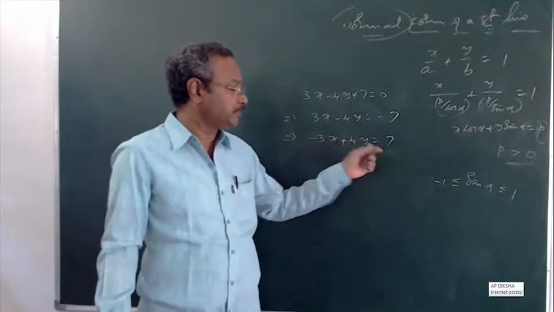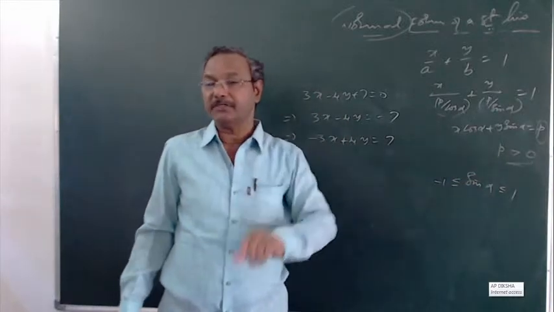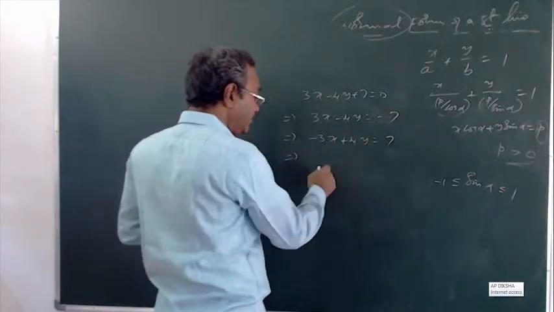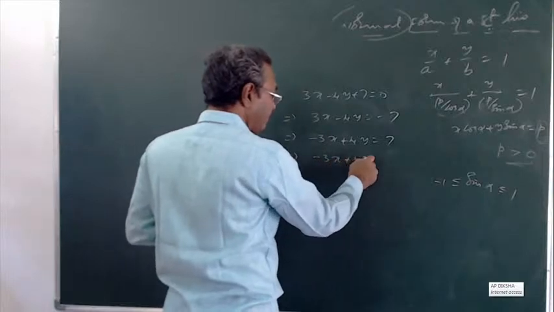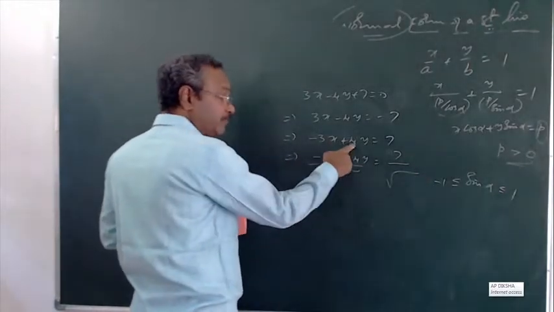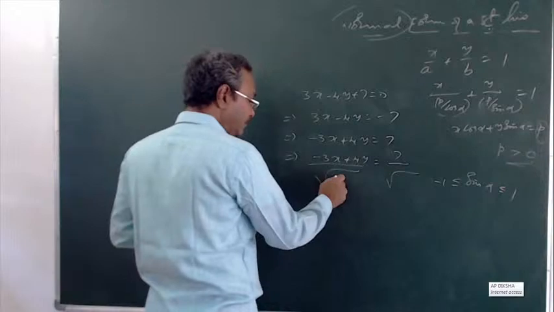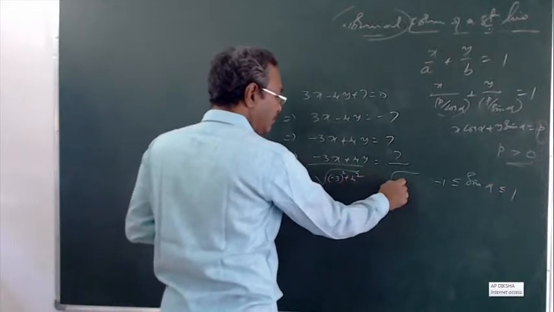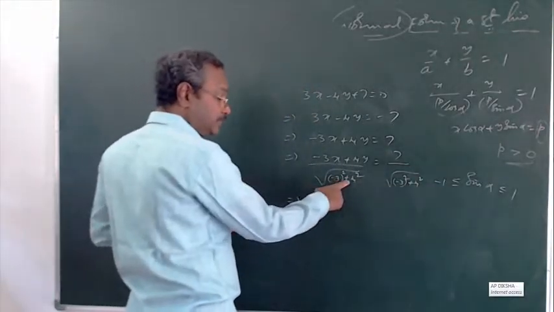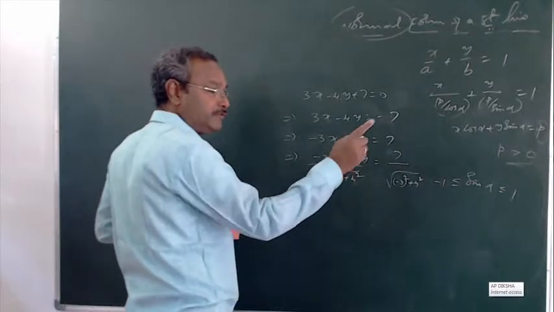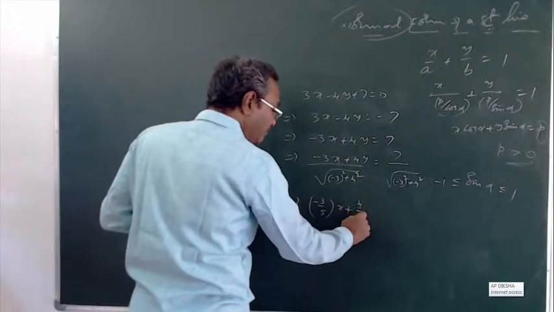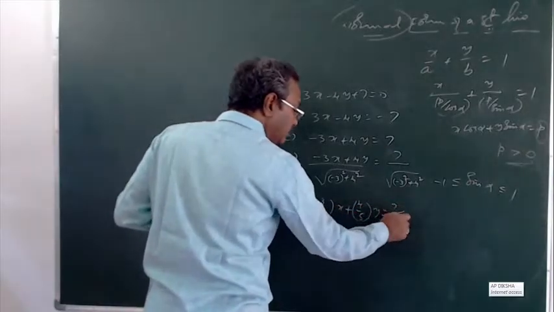How can you change these quantities so that they lie between minus 1 and plus 1? That you can do by dividing the entire equation with square root of a square plus b square. This is minus 3 square plus 4 square, so that this becomes normal. This is 9 and 16, 25, and square root of 25 is 5 units. So it is minus 3 by 5 into x plus 4 by 5 into y is equal to 7 by